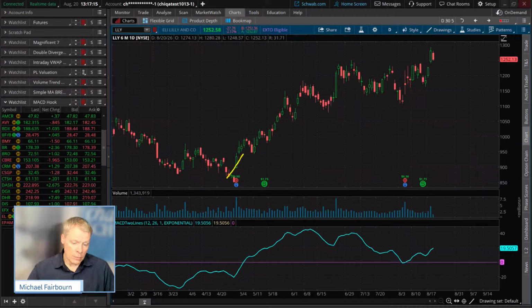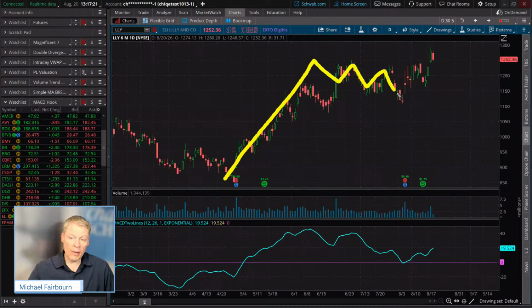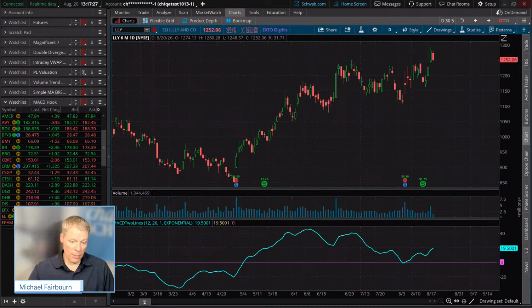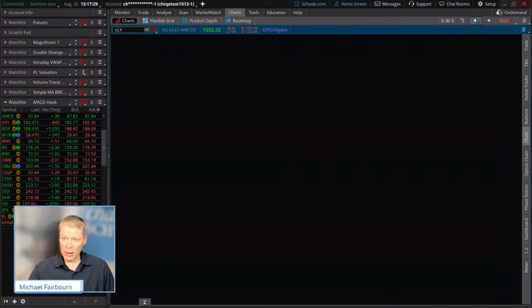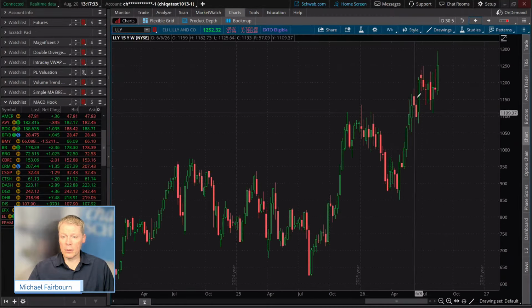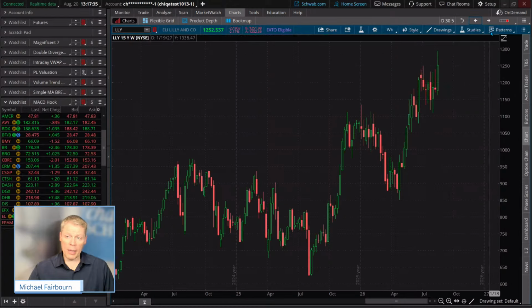So longer term, if I look at this guy, I could say here's our move coming up. That's a longer term flag. In fact, I would label this something like even a weekly flag pattern. Sometimes you can see them better on a weekly basis. Click over here. Absolutely. See the move? Right there. Now we're kind of powering through.